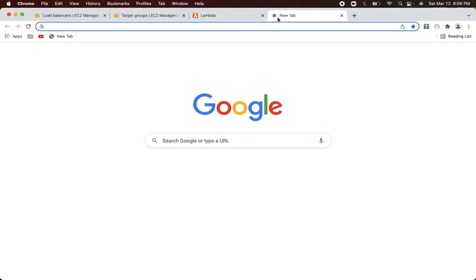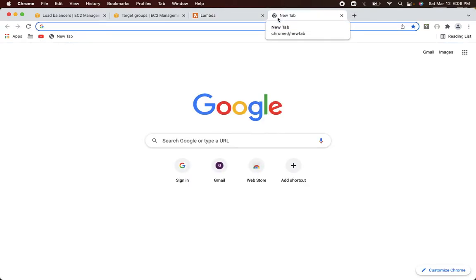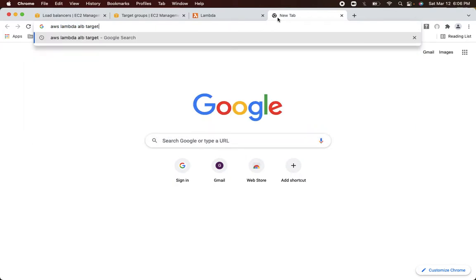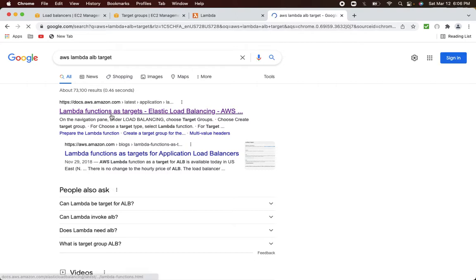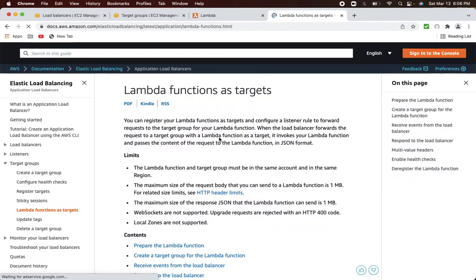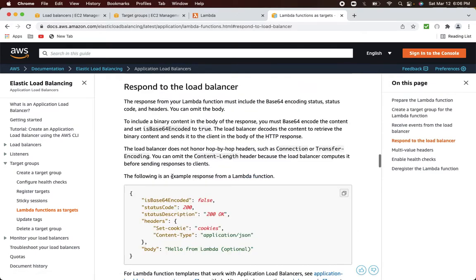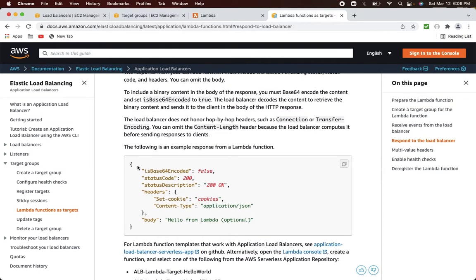So if you go to Google and search for AWS Lambda ALB target, the very first link that you see will be Lambda functions as targets for elastic load balancing. Click that AWS documentation, and if you scroll down, you will see a section called respond to load balancer. If you see this response, this is the kind of response that a load balancer expects from a Lambda function. So let's copy this